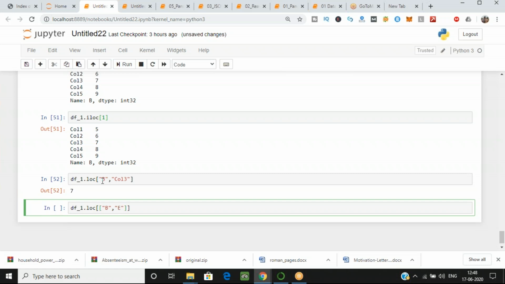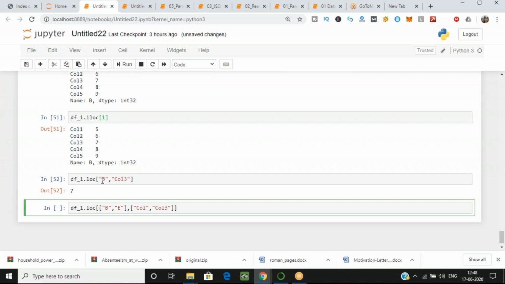Then let's take another columns also. Carefully see the syntax, because if you write the syntax wrong, you will get an error. Let's take one more column, column 3. So now tell me what's the output for this. Now we are selecting multiple values for this. Yes, tell me the output.